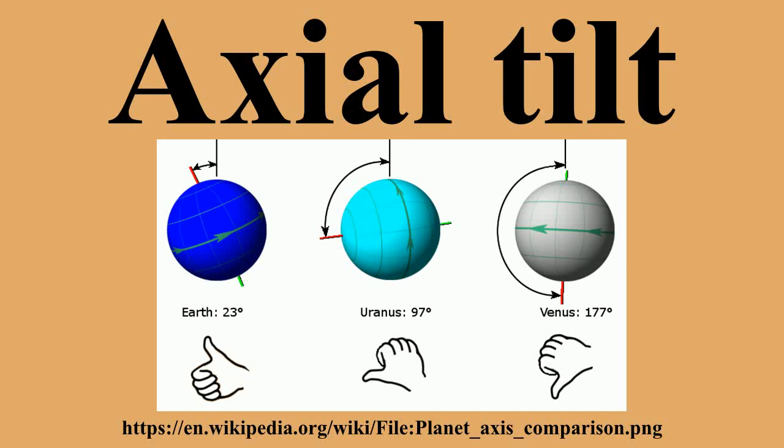In astronomy, axial tilt, also known as obliquity, is the angle between an object's rotational axis and its orbital axis, or, equivalently, the angle between its equatorial plane and orbital plane. It differs from orbital inclination. At an obliquity of 0, the two axes point in the same direction, i.e., the rotational axis is perpendicular to